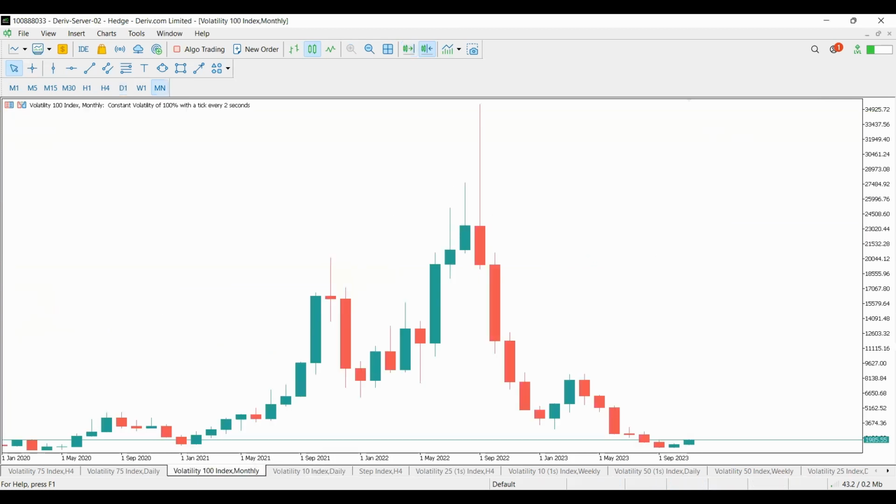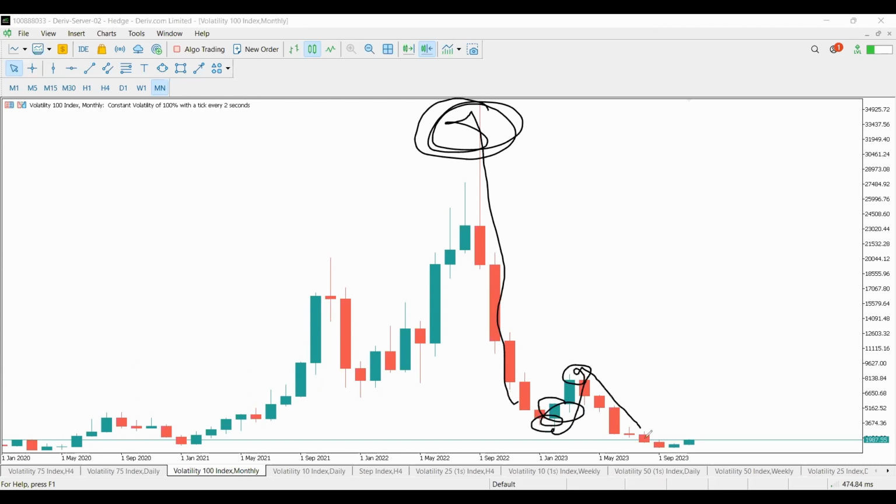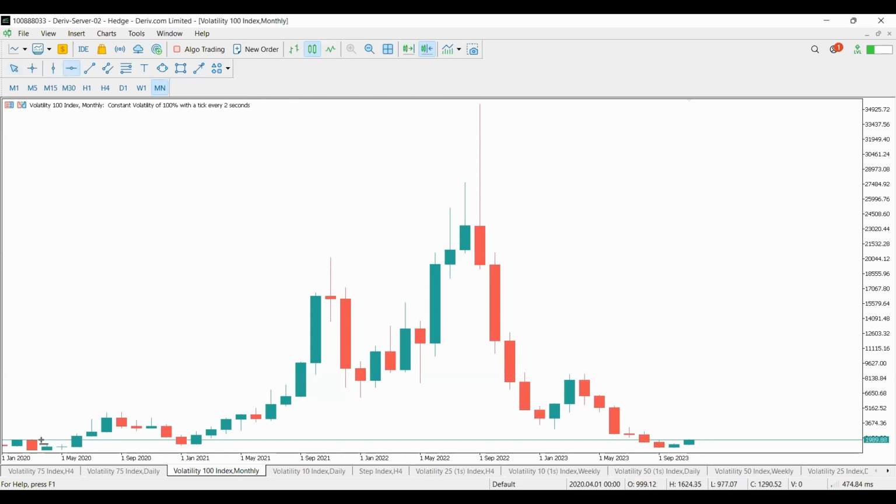Now, let's do the same thing on V100. Now, V100, we spoke about it. Those who have been following us, we spoke about it when it was still up here. It pushed down. We again spoke about it when it's making this retracement and we said we wanted to continue with it down. Also spoke about it around here when I wanted it to push and continue and finish a certain move.